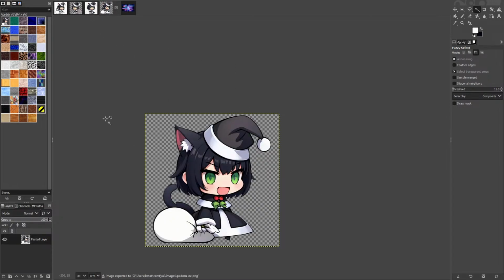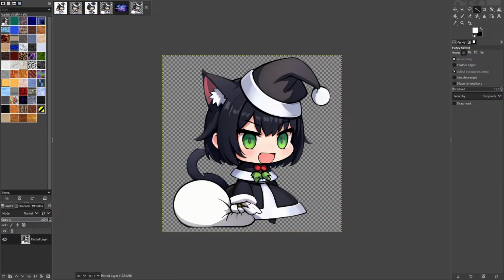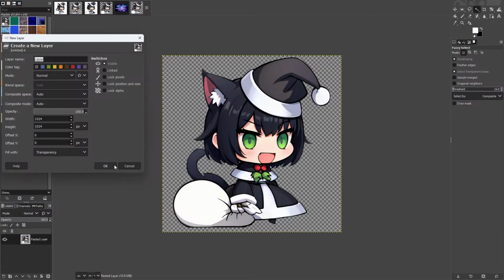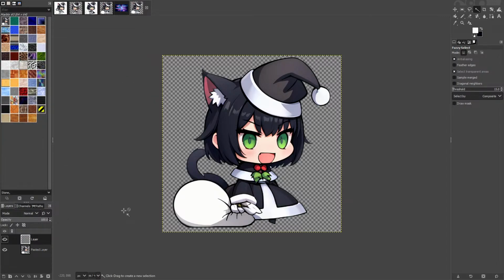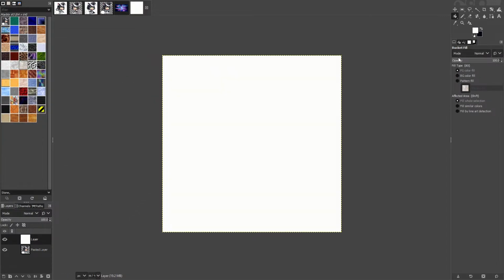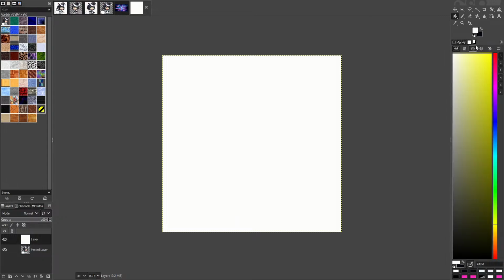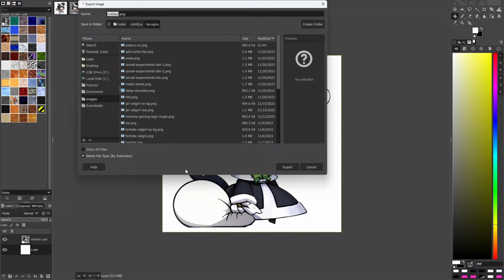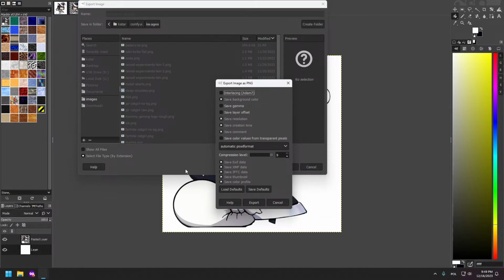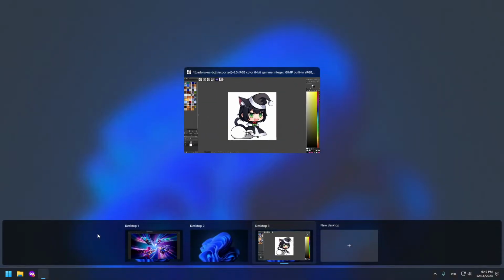I'm gonna take this image and duplicate it, add a new layer. This is white, right? No, it's not white. Padoru OC background. Okay, and I'm just gonna post it on